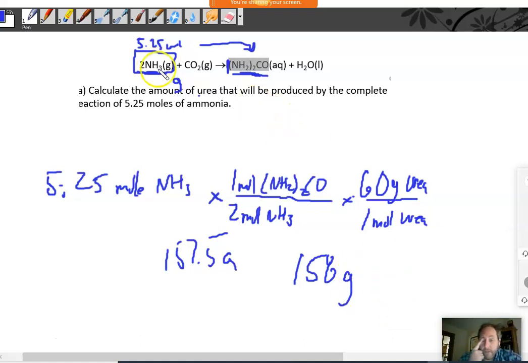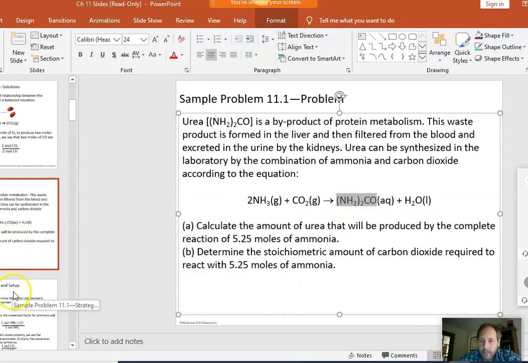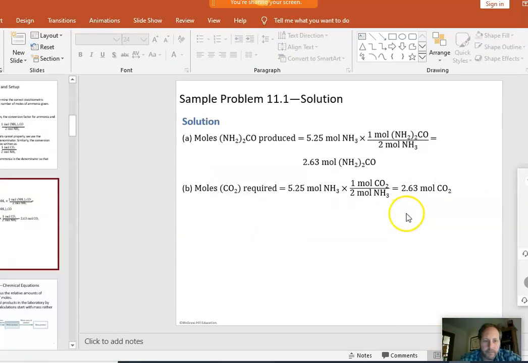If I give you a balance, so first thing is check and make sure that the equation is balanced. It was already balanced for me. If it's not balanced, you got to make sure you balance it. And on the exam, part of it is balancing the equations. So you might have to balance the equation and then also do the problem as well. Notice I don't care about CO2 or water because they aren't part of my problem. So I don't have to use any of that information. It's just strictly talking about if I use this amount of ammonia, how much urea can I possibly make out of that? Okay, and then if you look through it,